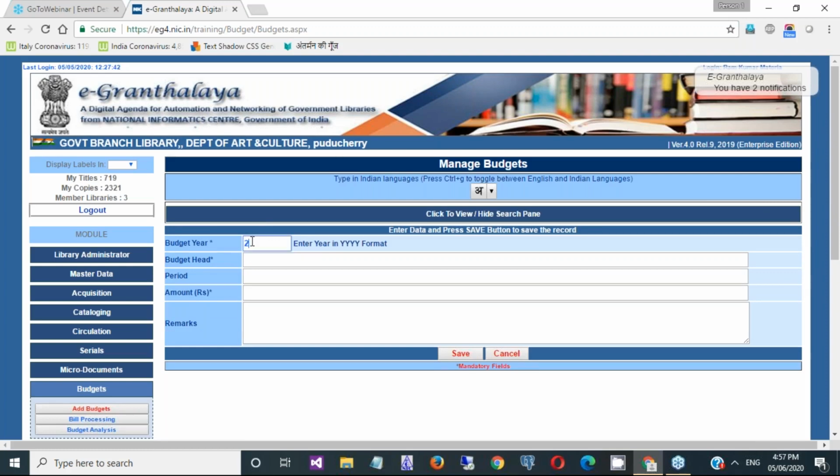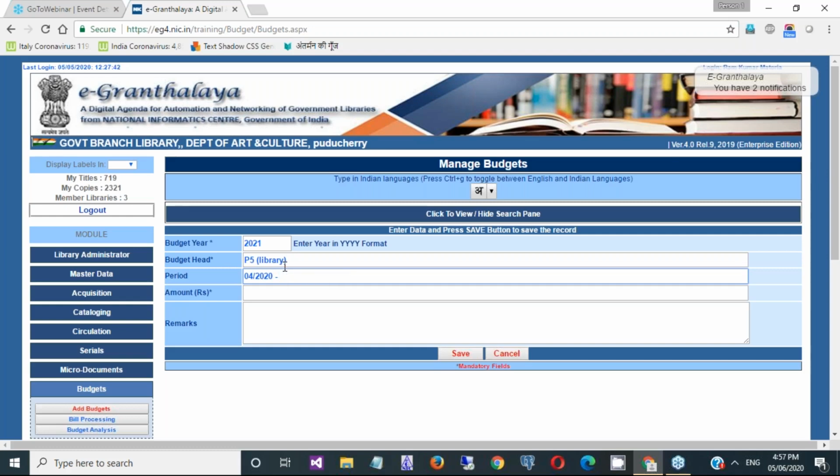Otherwise you can generally type the year and then the budget head. There may be some designated budget head for the library in every organization, for example this.